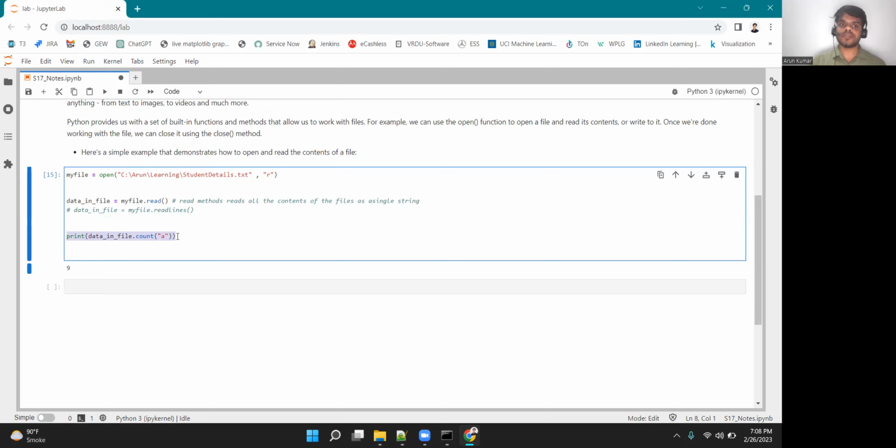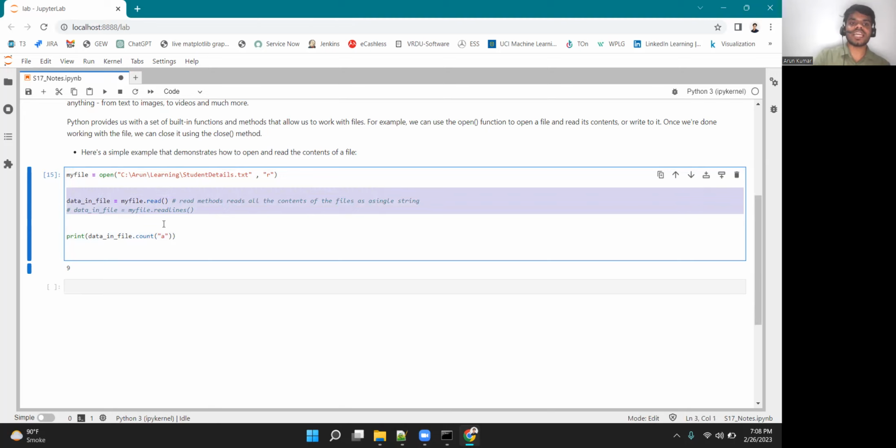If it is useful data, you can also do data analytics. Now this was all about reading a file. Now let's see how you write in a file. So just like you had read here,